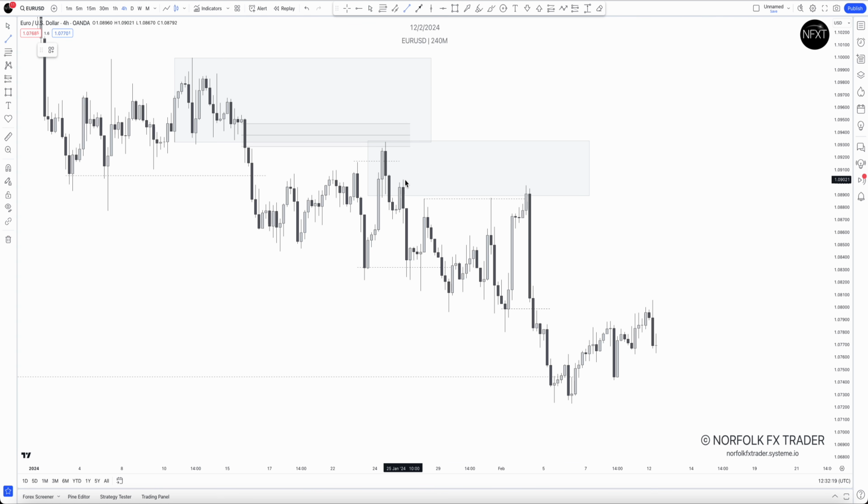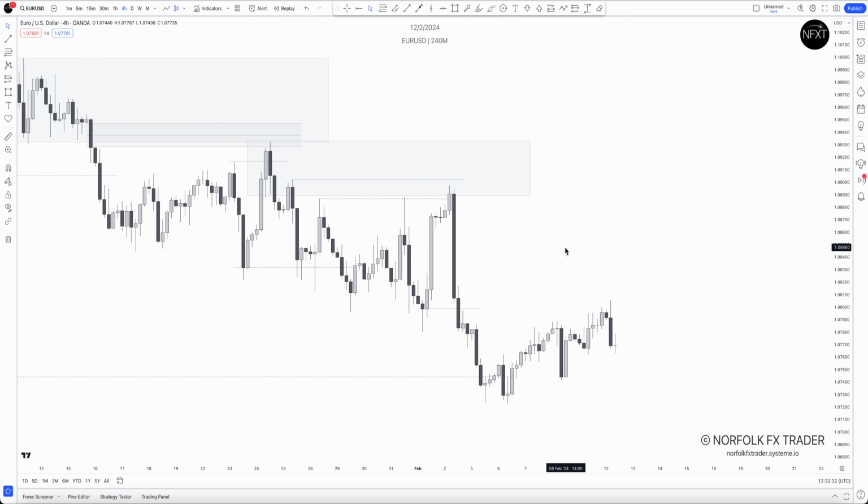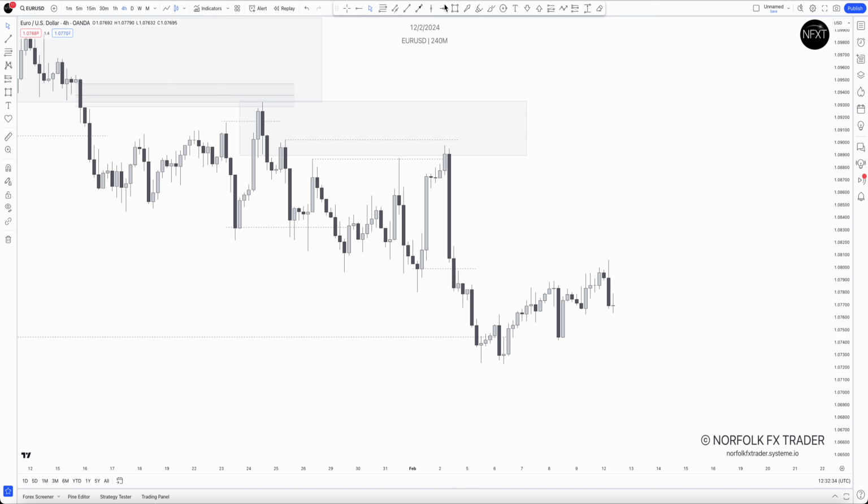Now we have no area here of a swing high because that's above price. We do have these swing highs run here, and we don't have an imbalance either. But you can see this time it reacts off this double swing high and this area of supply. So again, we have another breakout here. This is current price. We mark up the last buy to sell move here. That's our area of